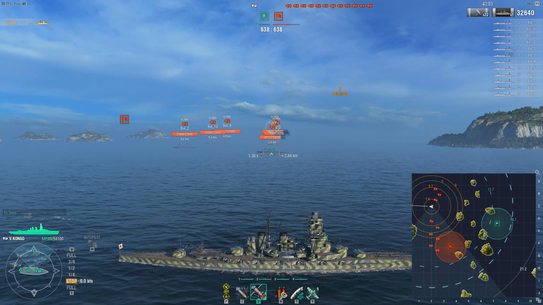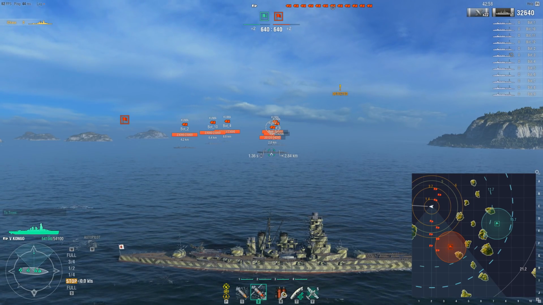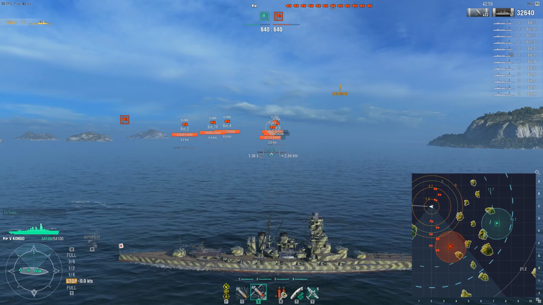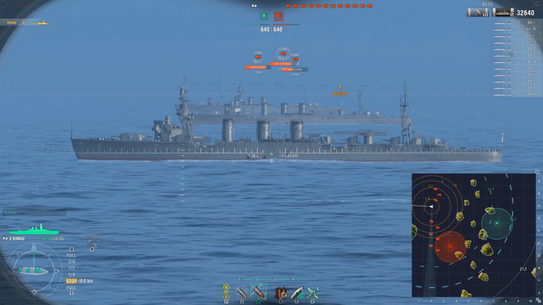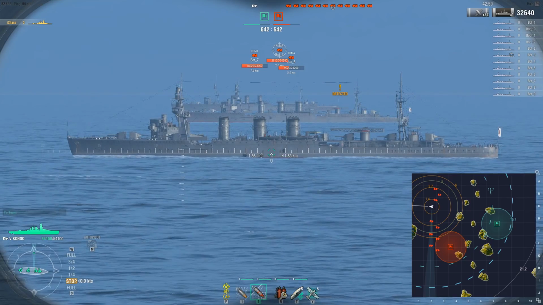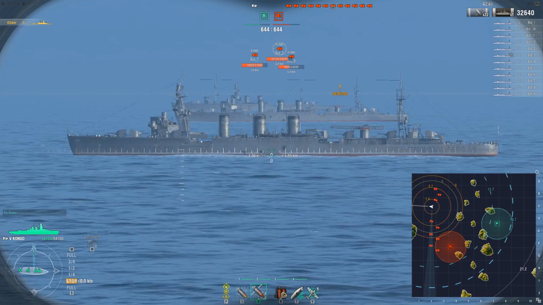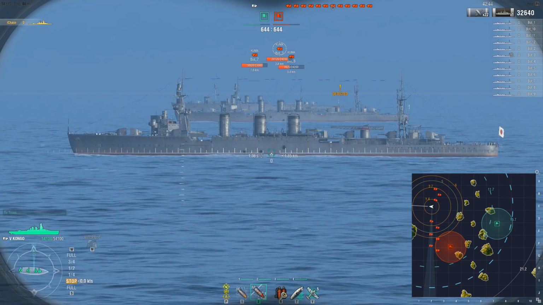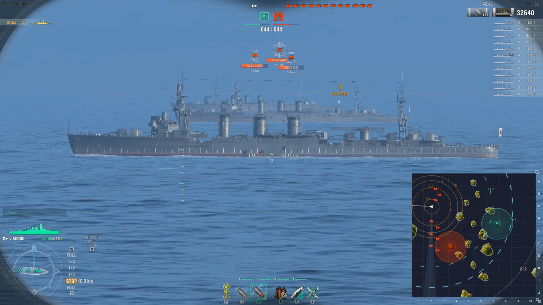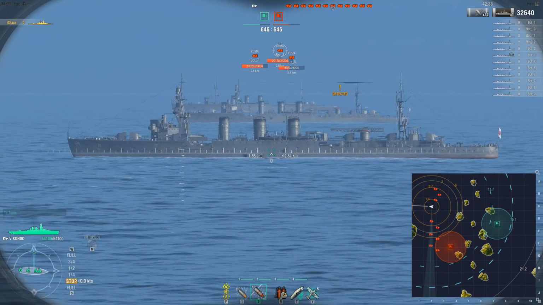So let's say a ship has a very long detonator time. In that case, if you're up close to the battleship, you can go broadside and most likely that battleship will overpen. Let's say you're running into a Congo, which has 0.033 as its detonator time. If you're at like 4 kilometers in Akuma, you can show that broadside and not be worried about getting